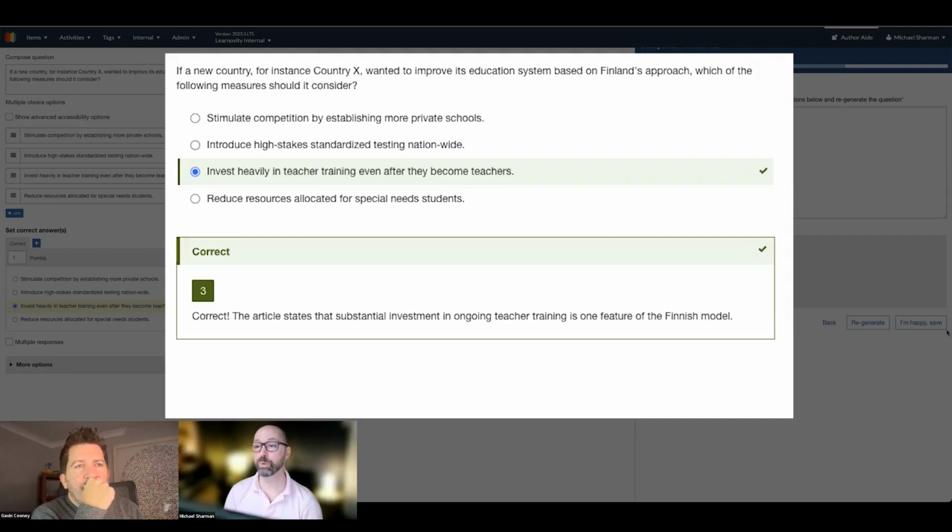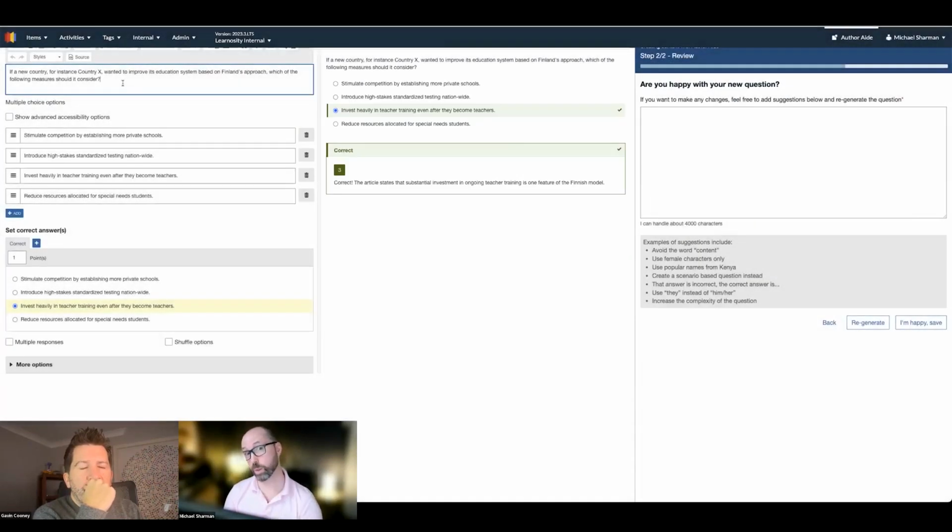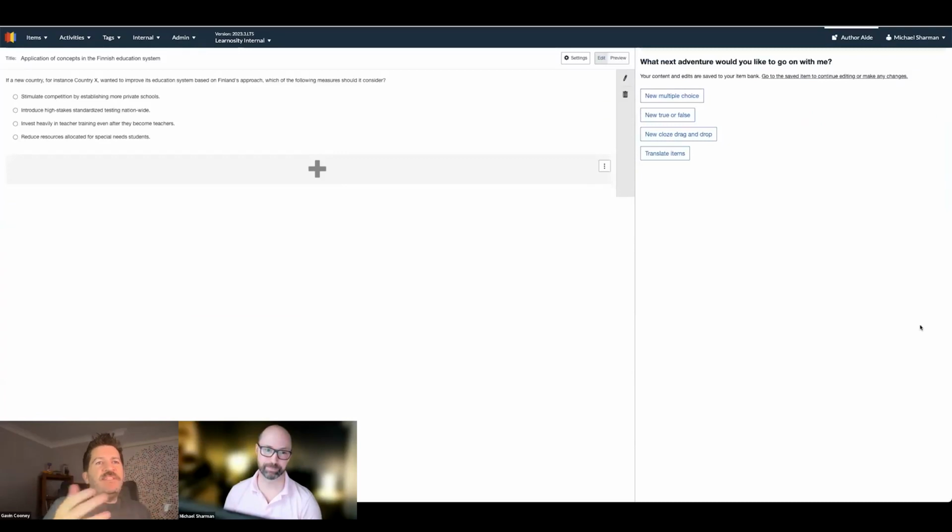Now, also, as we did before, we could refine this if we want. We don't have to, but if we want to make some tweaks, we can edit them here in real time. If we like the question but want to change the context, then we can refine here. If we're happy as is, we can just save. And let me see this question now in a different language.